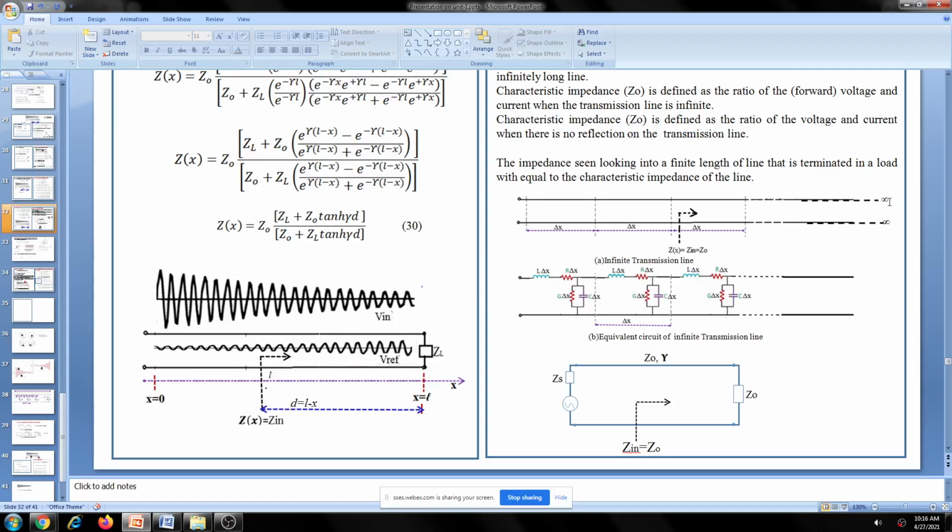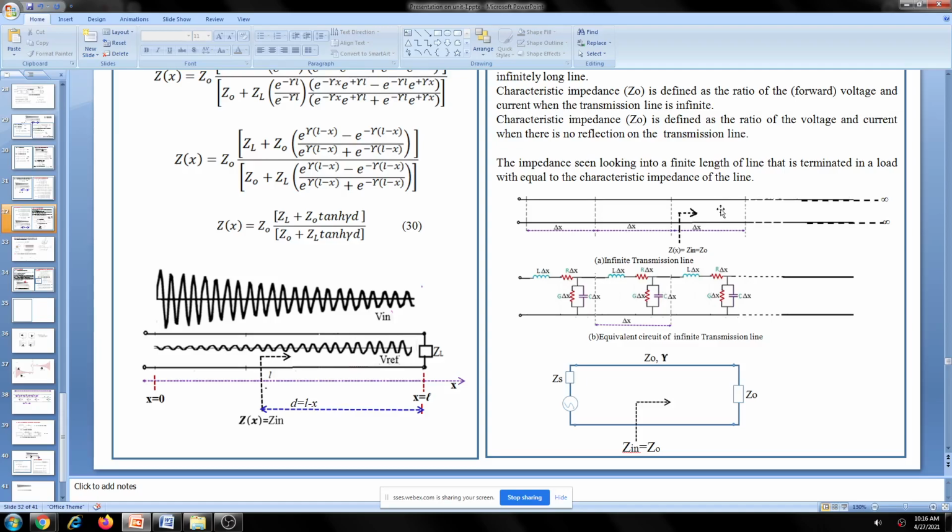This is an infinite line. It is not limited in its length. It's infinite. So automatically if you connect a source here, there is a flow of current because of all these components. This is a transmission line. It may be infinite in length, but it consists of all these components. Because of that, there is a flow of current here. Even though it looks like an open circuit, because it is an infinite line, assuming it is infinite, physically it is not available, but assuming so, there is a current flow.